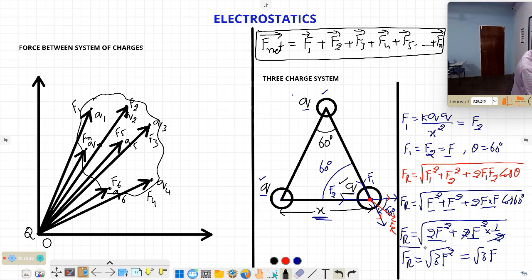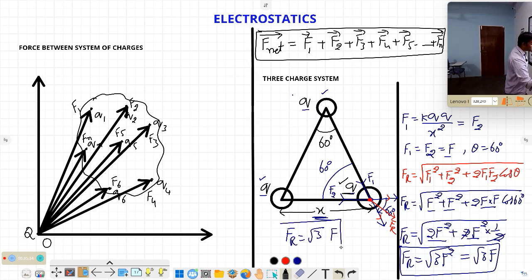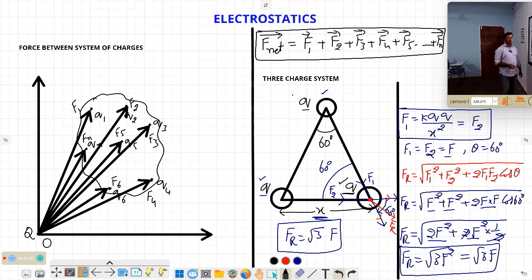So the force acting on the third charge due to the remaining two charges is equal to how much? Root 3 F. So I can write that the system is experiencing a force. The resultant force acting on this one, Fr, is equal to root 3 times F, which is the answer to the question. So now what is F here? F is simply k into q by x square, because the combination of charges is the same and the distance is also the same. Like this, you have to solve the problems in the case of distribution of